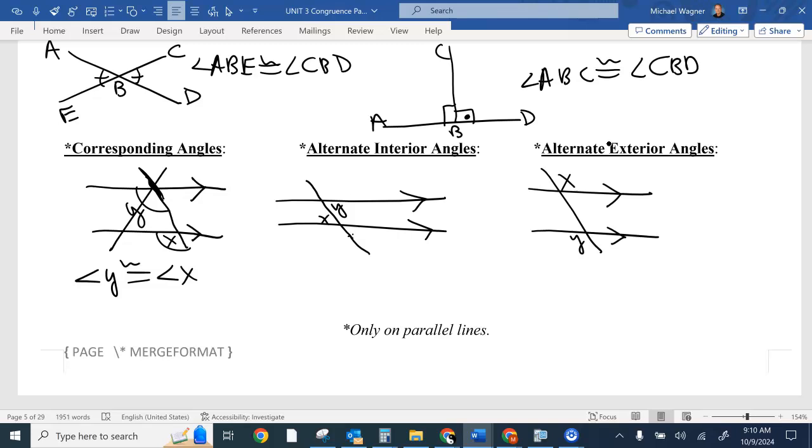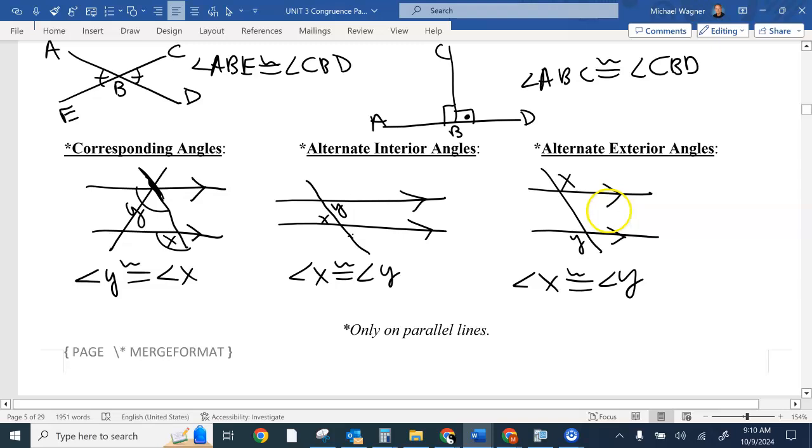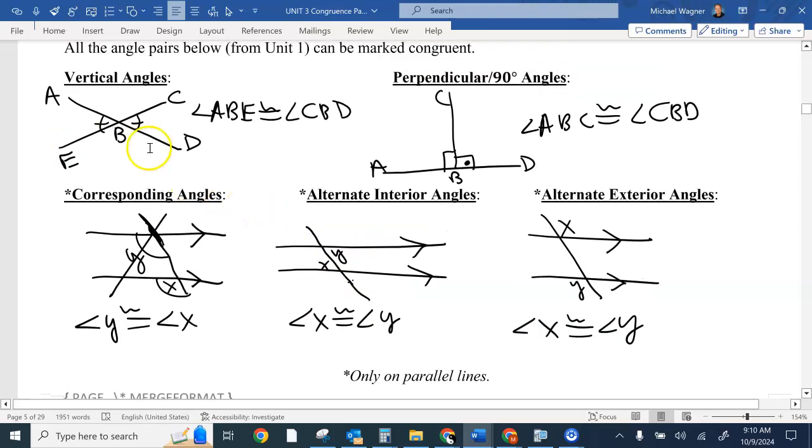Here, alternate interior are going to be equal as well. So angle X is congruent to angle Y. Here, alternate exterior are equal as well. So angle X is congruent to angle Y. Okay, so we're going to be using all these principles when we're given indirect information to make them direct by taking information like that and saying, okay, or let's just look at the vertical. If we have vertical angles, but they don't show the symbols there showing that these angles are true, then we